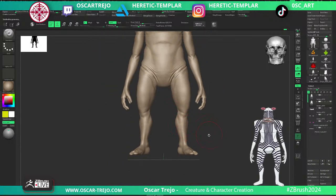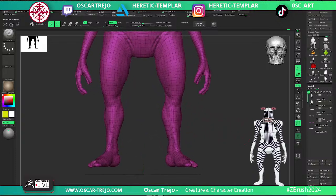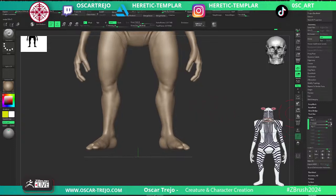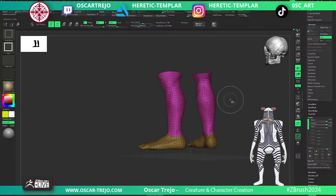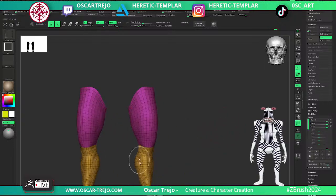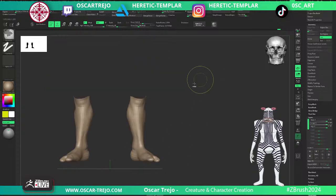Now I think the feet are looking outward, so I have to fix that before I continue. But before that, working on this layer. So see the before and after. I'll keep working on this one, I just need to rename this layer and change this one for legs. Start using polygroups to separate different parts of the mesh. Very good topology considering it's zero measure. Now let me isolate this and